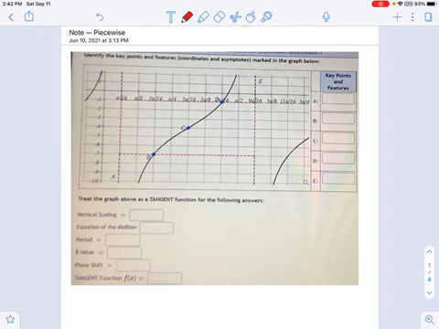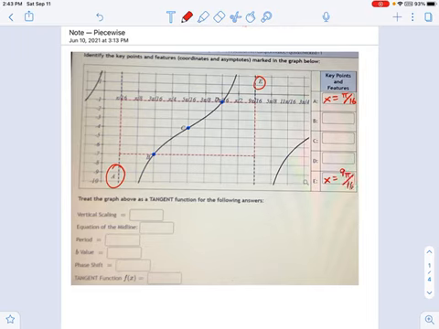Now, let's go through the key points and features first on the right. I just want to make sure we understand how to find those. When it asks for something like what's A, what's B, C, and so on, all it's asking for is an equation or coordinate to describe that point. So A, for example, that's this asymptote on the left side. And I know it's hard to see, but that is a pi over 16 right over here that I'm looking at. That's the x-coordinate. So we would say x equals pi over 16. That is the equation of a vertical line. And likewise, this point E over here, that would be x equals 9 pi over 16.